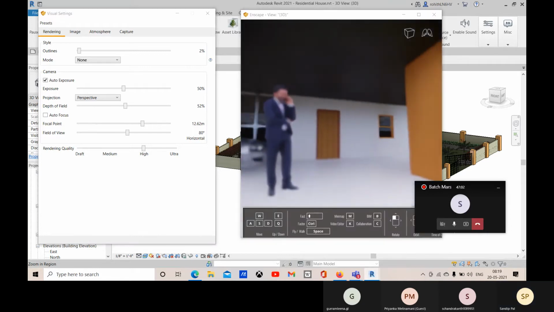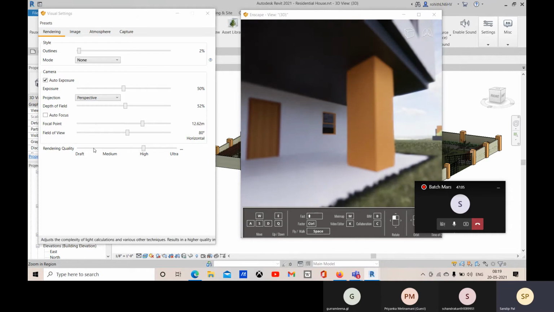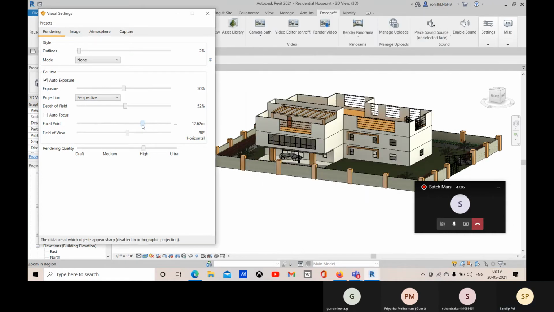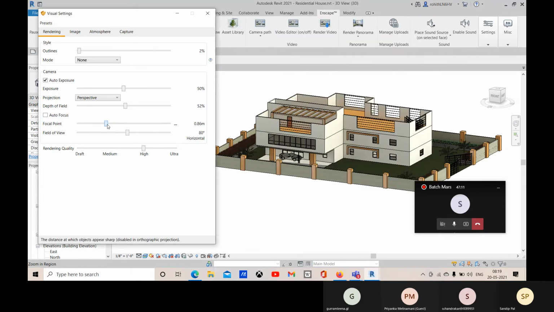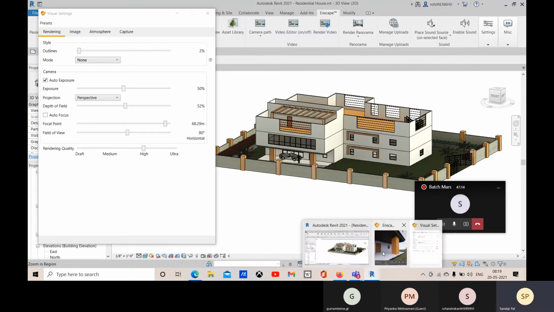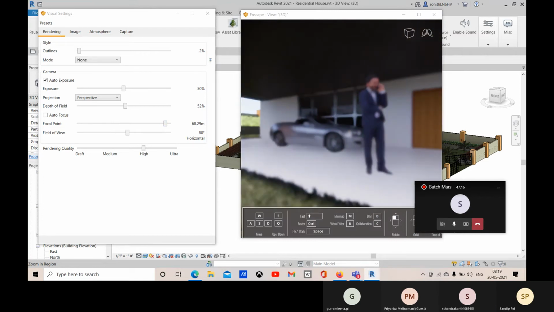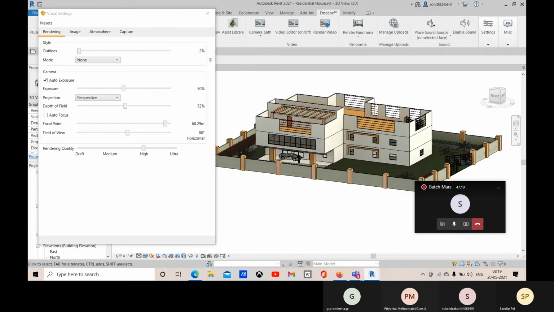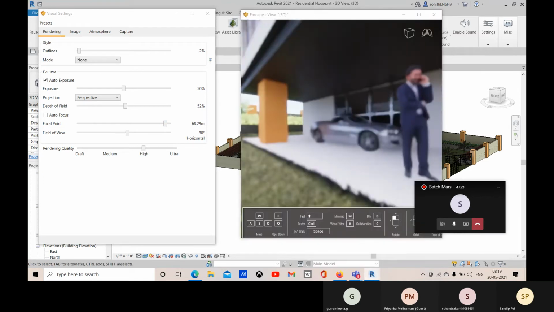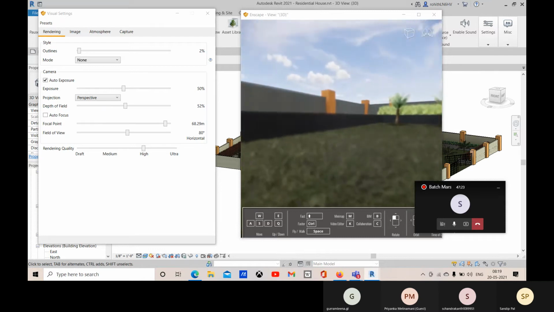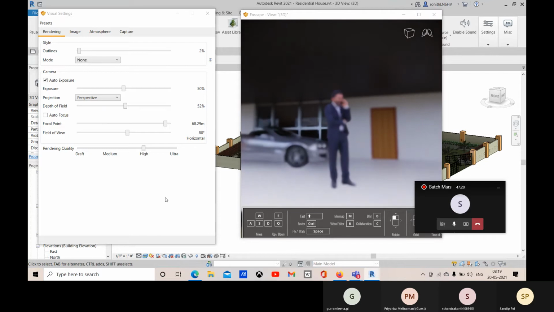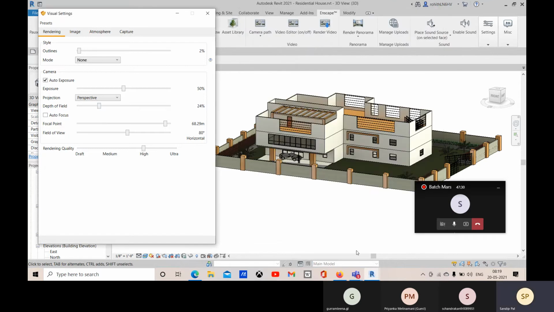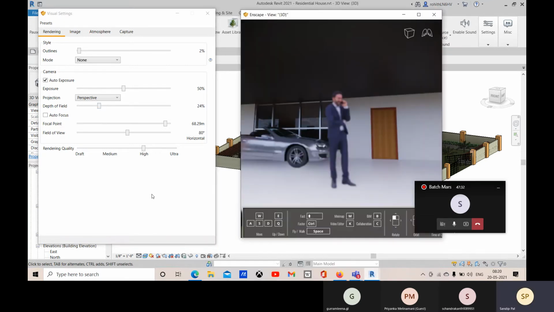Accordingly you can focus. All right. So that's how we do it.